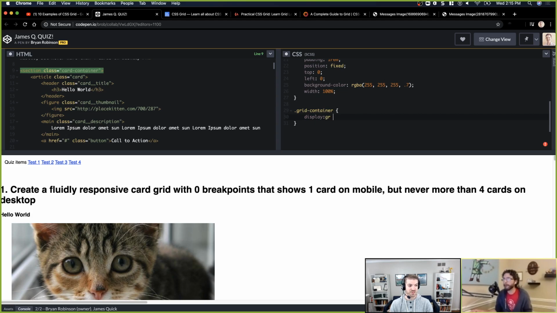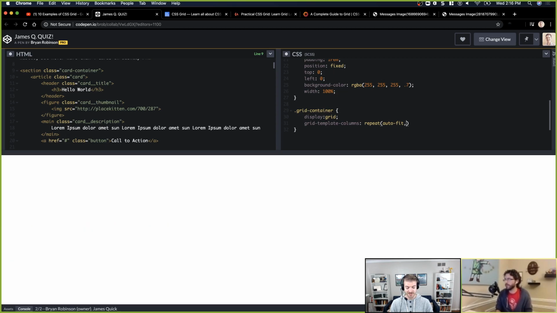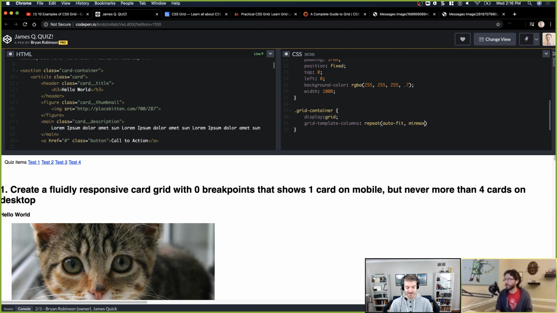Display grid. One of the things that does hurt in this is not being in VS Code. I don't get my IntelliSense, so now I have to actually know how to spell everything out. We could have set it up with Live Share, but this was easier and quicker. So grid-template-columns, and what we want is repeat. The first parameter of the repeat function is how many times you want to repeat, which in this case we're going to have figured out for us, so we use auto-fit. The second is how big each column can be, so minmax will allow me to define a minimum of 300 pixels and a maximum of 1fr.